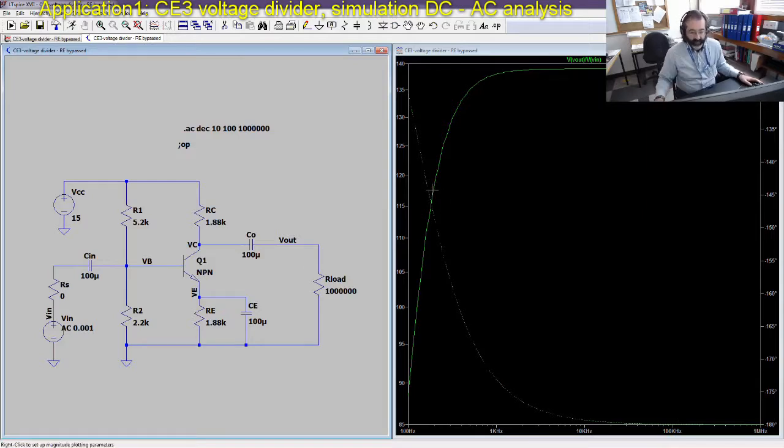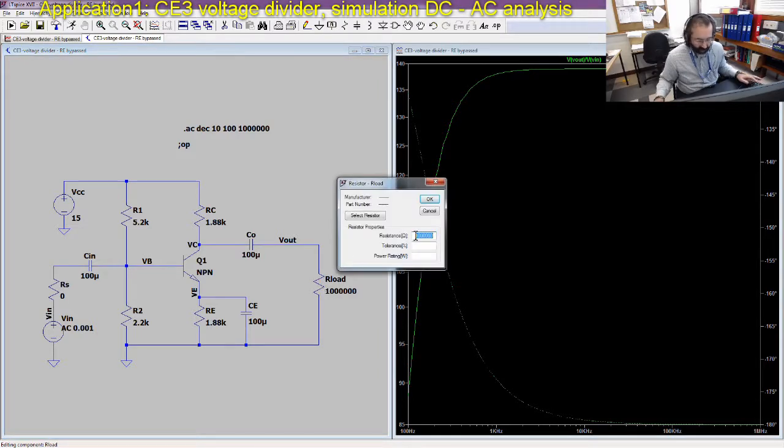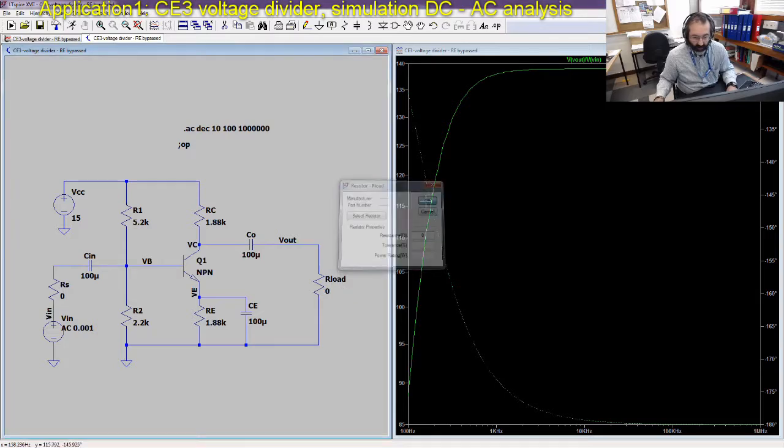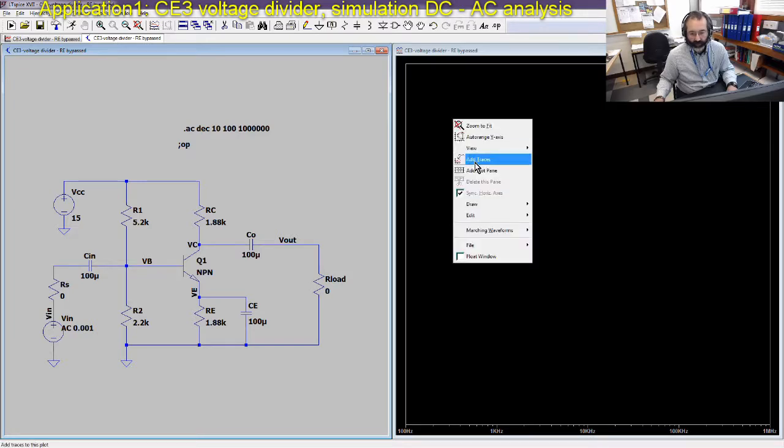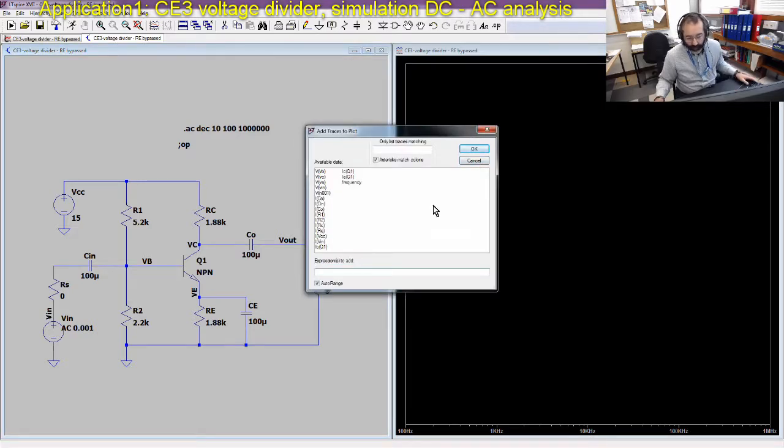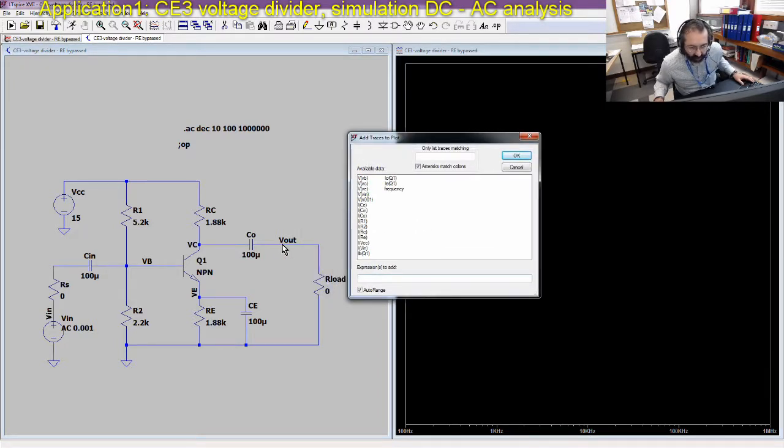So let's now check the current amplification. To check the current amplification, we said AI0 is the maximum current amplification that is obtained when the load is actually 0. So I need to change the load. I need to go back to the schematic, set this to 0, and run the simulation again. And now I want to plot the output current divided by the input current. So I need to find on the output,